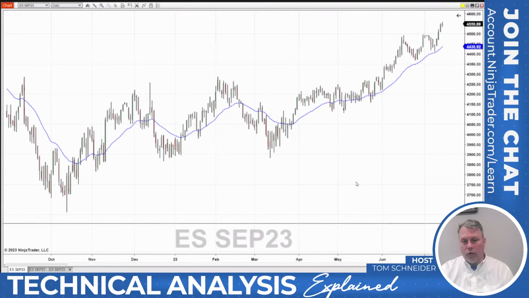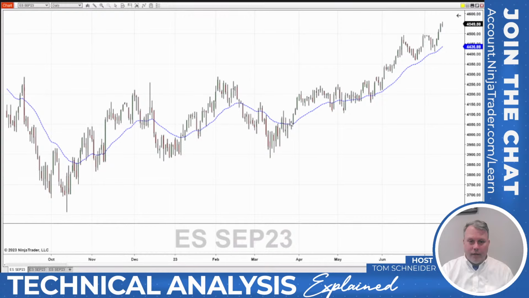This 26 period moving average smooths out the data, so I can see the uptrends, and I can see the volatility in the data itself, the candlestick bars underneath. The moving average can be used, like I said, as support and resistance. It can be used to identify trend, but it can also be used as a threshold, so that when price closes below this or closes above, it might indicate a trend change. That's okay. It's more of a confirmation that, yes, this looks like a trend that is in place.